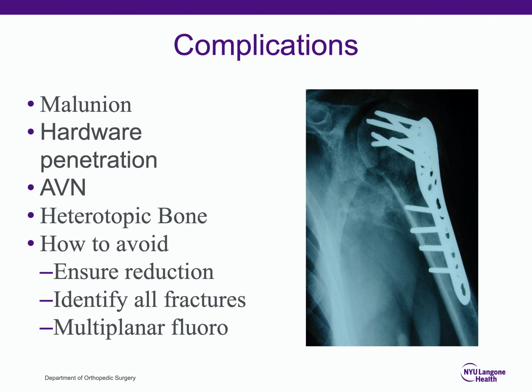Complications include malunion, hardware penetration to the articular surface, avascular necrosis, which we talked about a little while ago, and heterotopic bone, which is secondary to the extent of injury to the soft tissue. The way you want to avoid most of these complications, but not all, is to get an anatomic or as close to anatomic reduction. Definitely do not reduce this in varus. Identify all the fractures so they can be appropriately fixed, and then do multiplanar fluoroscopy to confirm that there is